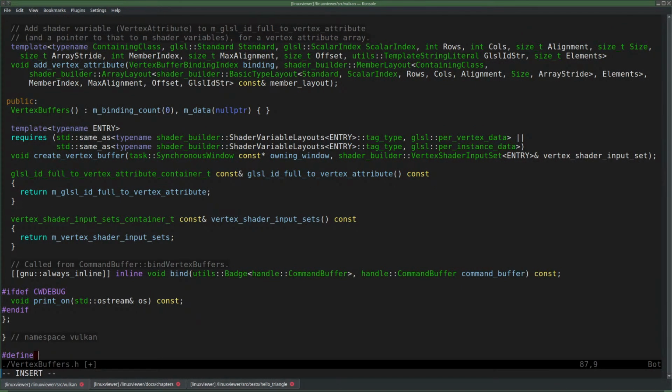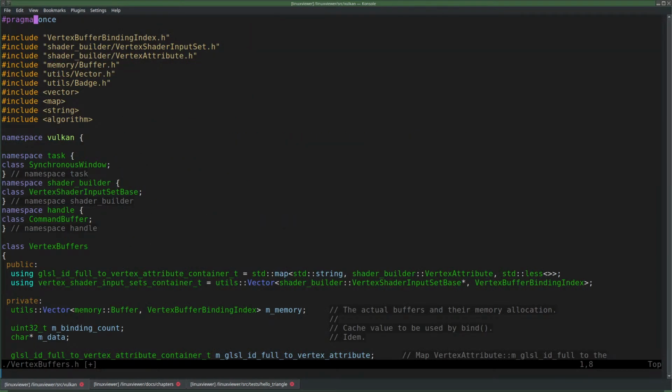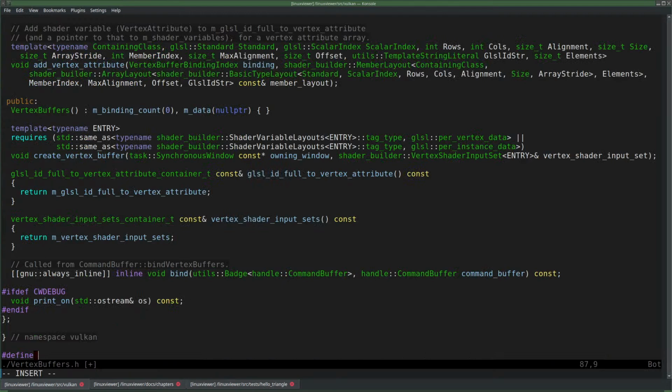Define. Wait, this thing has a pragma. So I can do define needs vertex buffers.